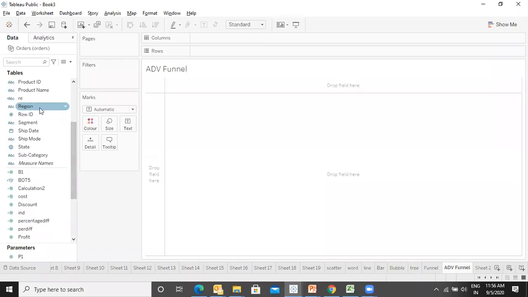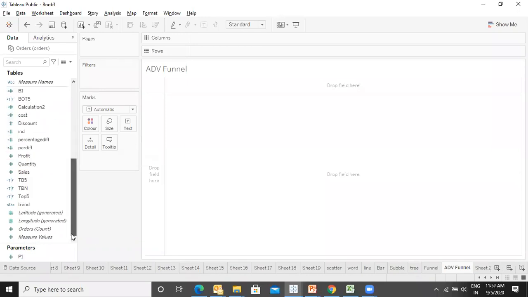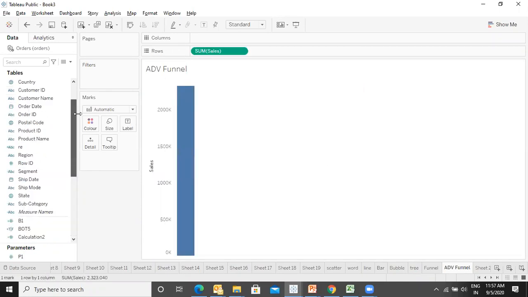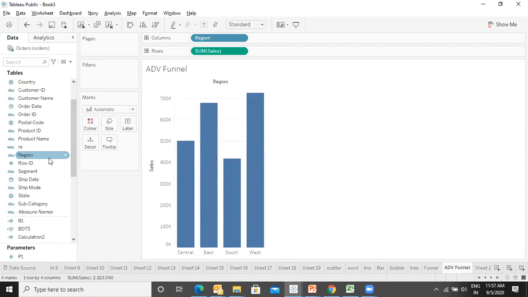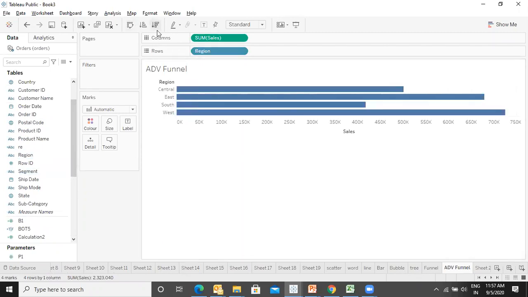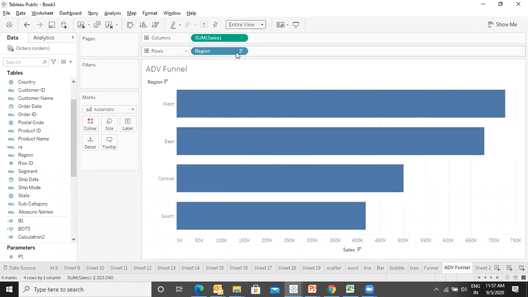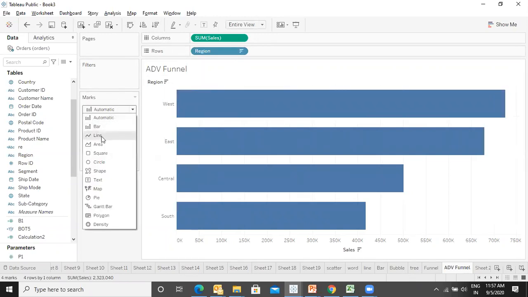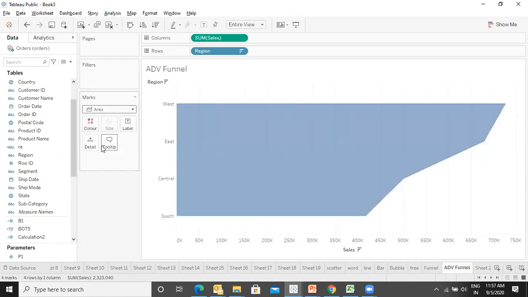Let me take the sales on the basis of region. Let's sort it. Let's make it entire view. Now instead of bar graph, I will go over here and there's an option called area. I will change it to an area graph.